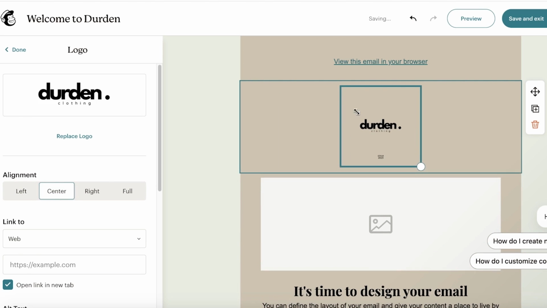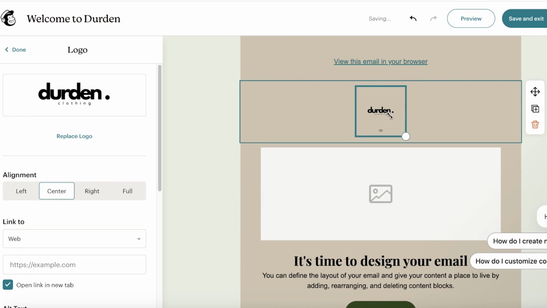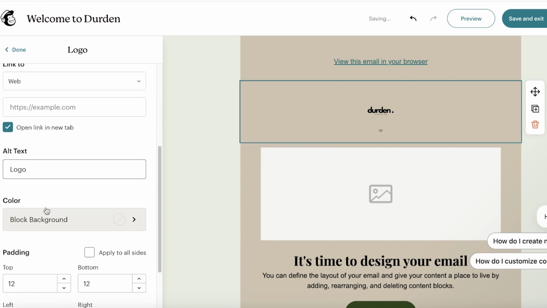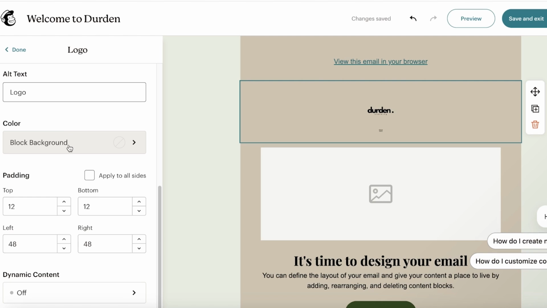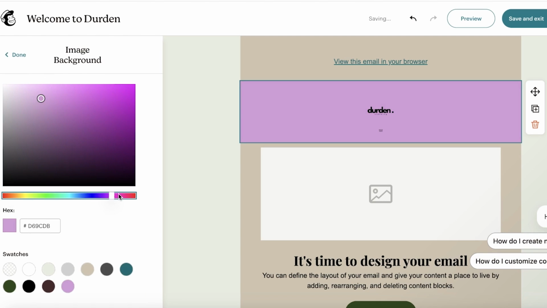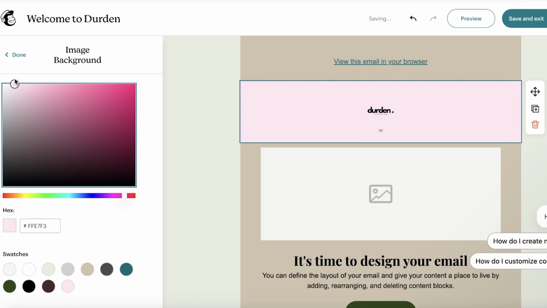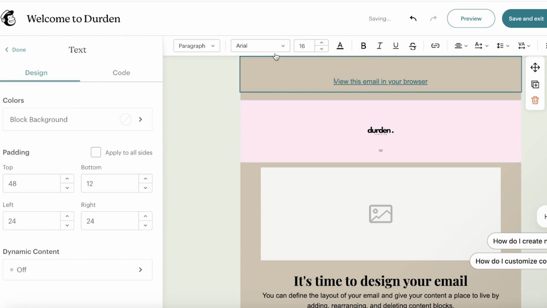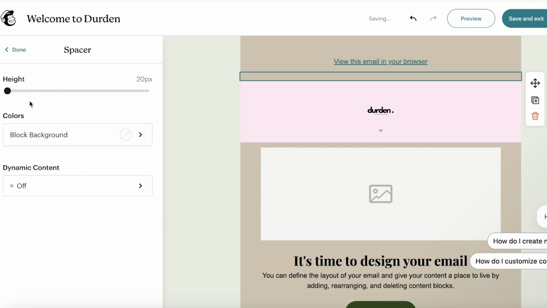Now, obviously, my logo is not meant to be this large. I'm going to minimize the size a little. And then below that, you have your alternating logo text as well as the block background. Now, you can set a particular background for a particular logo. Let's say I want to go for a really nice pastel pink, so I can go for that over here like this. And for the rest of my block, so the top section, we have this block